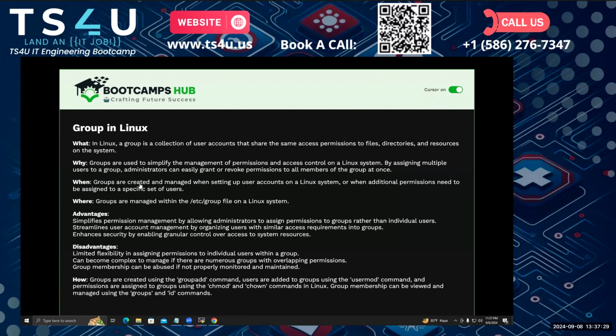Groups are created and managed when setting up user accounts on a Linux system, or when additional permissions need to be assigned to a specific set of users. And groups are managed in /etc/group, which I actually showed you. The advantage is simplified permission management, by allowing administrators to assign permission to a group rather than individual users. Like I told you, it is easier to assign permission to a group instead of giving them permission